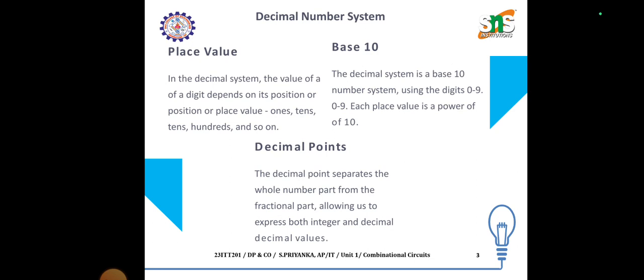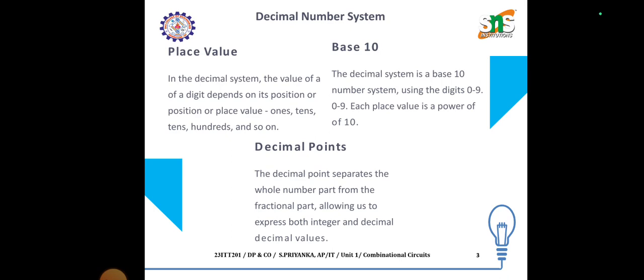The decimal system is a base 10 number system using the digits 0 to 9. Each place value is a power of 10. Decimal points: the decimal point separates the whole number part from the fractional part, allowing us to express both integer